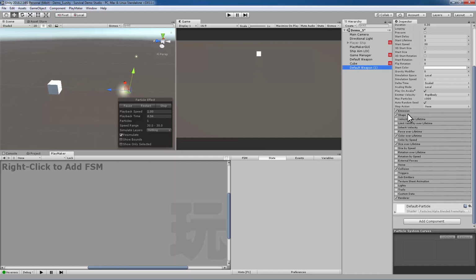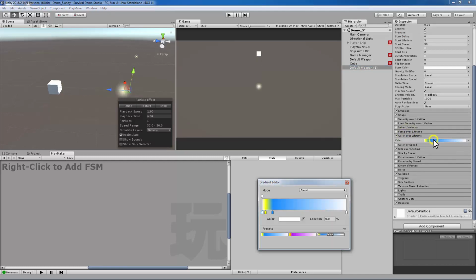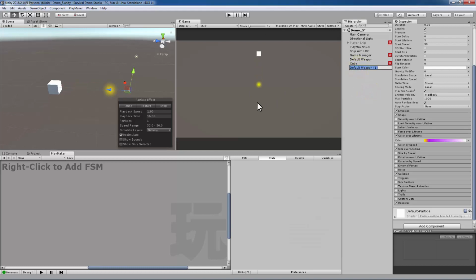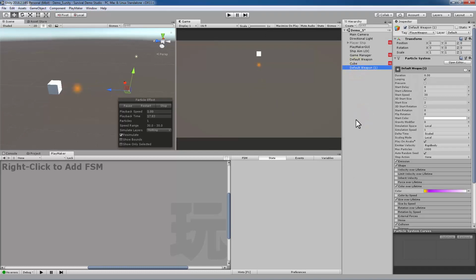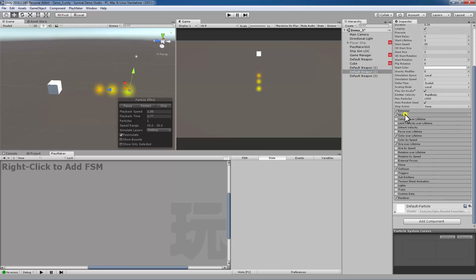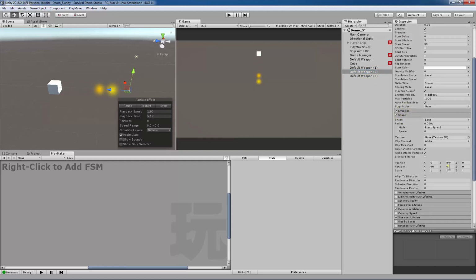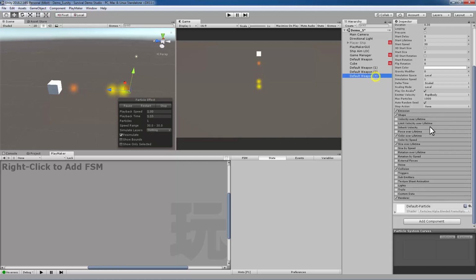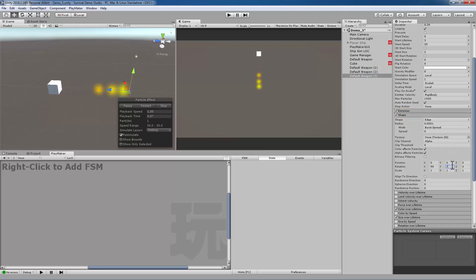And then to make it a little different, I will go to the color over lifetime and I'll give it a different color over lifetime. So now I've got this yellow to purple gradient. And I want to make maybe a weapon that can burst fire. So I'm going to duplicate this weapon twice, and then under the shape node, I'll take its rotation in Y and set it to maybe 5 degrees, and I'll set this one under its shape in Y to maybe -5